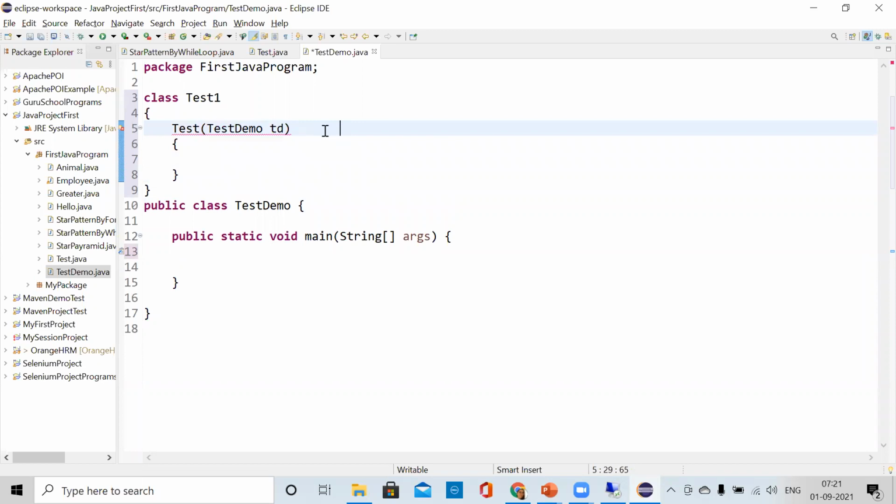See, it is giving an error unless we have created an object. Teacher, you should put test1 because you put only test. That's why. Oh, sorry, yeah, test1. That's why it was giving an error. Okay, this is a constructor.